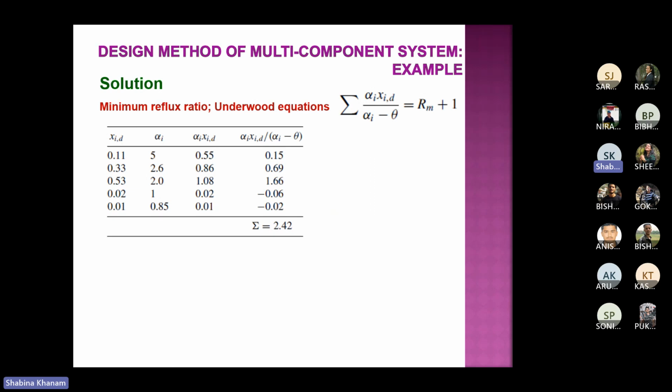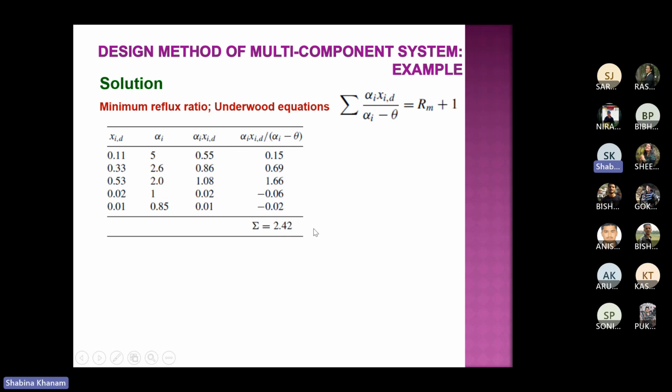But I think you can calculate mass fraction. XID is the mass fraction. Similarly, XIF is the mass fraction. So before proceeding further, you need to find out fractions from the total. Alpha I is given, then alpha I xid is given,